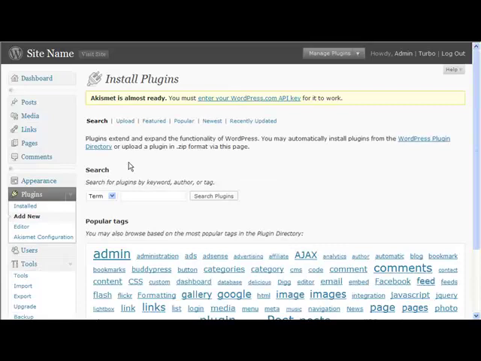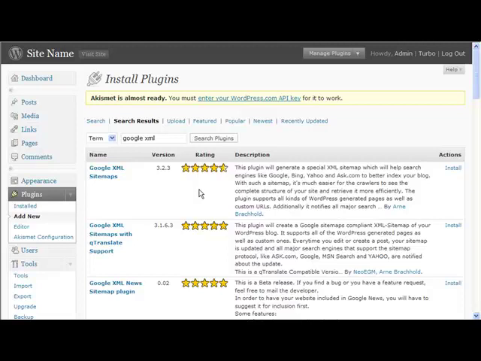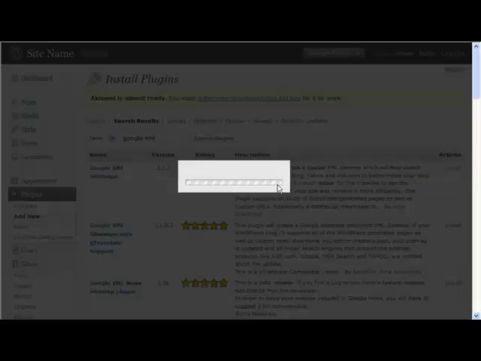So that's very, very important. And the final one that I recommend to use is Google XML sitemaps. There's plenty of others that you could use. There's translation and all sorts that you could use if you wanted to, but it depends on what you're aiming for with your auto blog. One of the translation tools would be very useful if you're aiming for an international market, but Google XML sitemaps